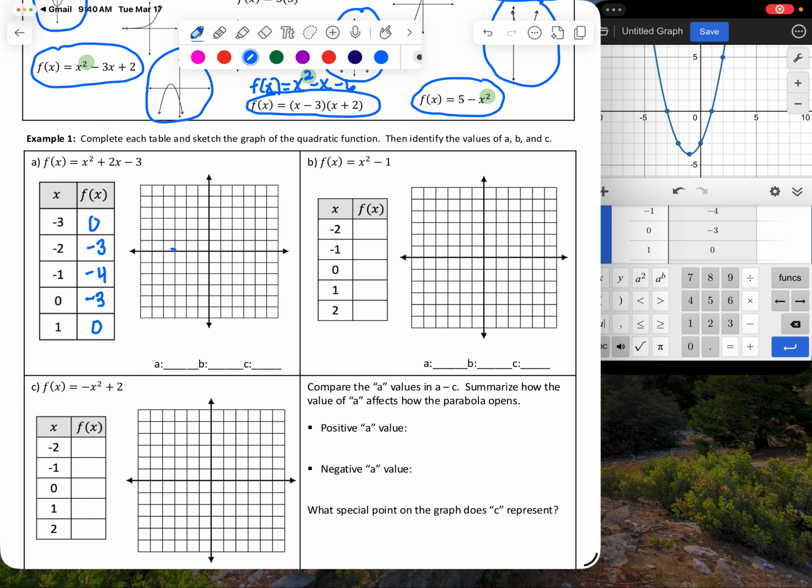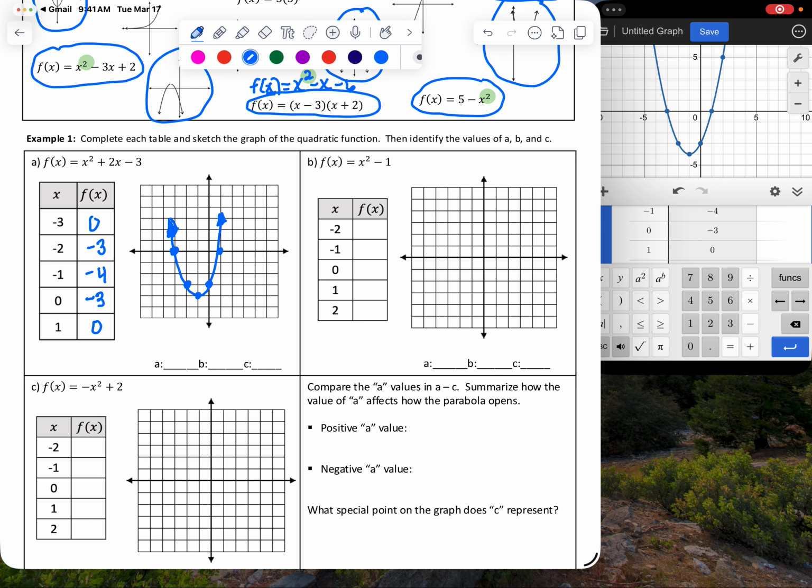Negative 3, 0 would be right here. Negative 2, negative 3. Negative 1, negative 4. 0, negative 3. And 1, 0. Now, because this is a quadratic function, we want to connect these in a smooth U-shaped graph. So as carefully as possible, I'll try to connect them with a U-shape. Okay. And there's the graph of our parabola for f of x equals x squared